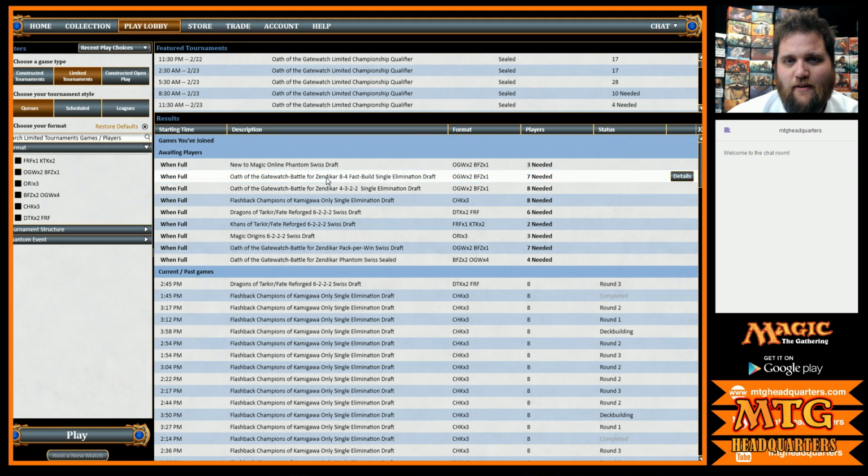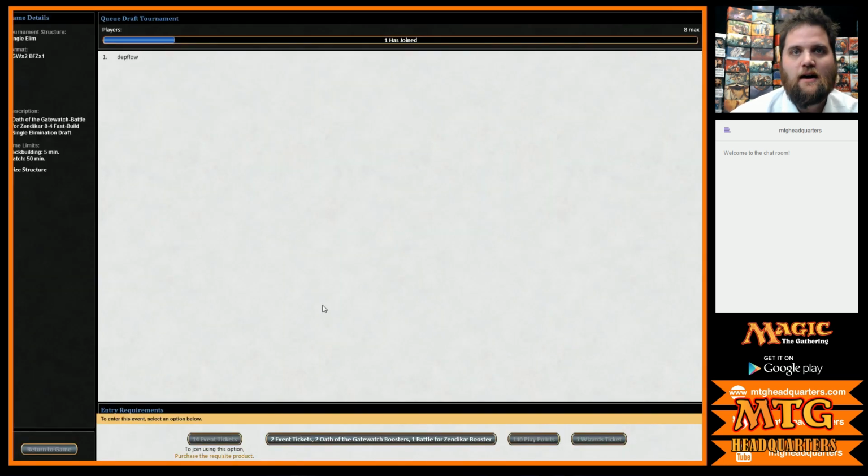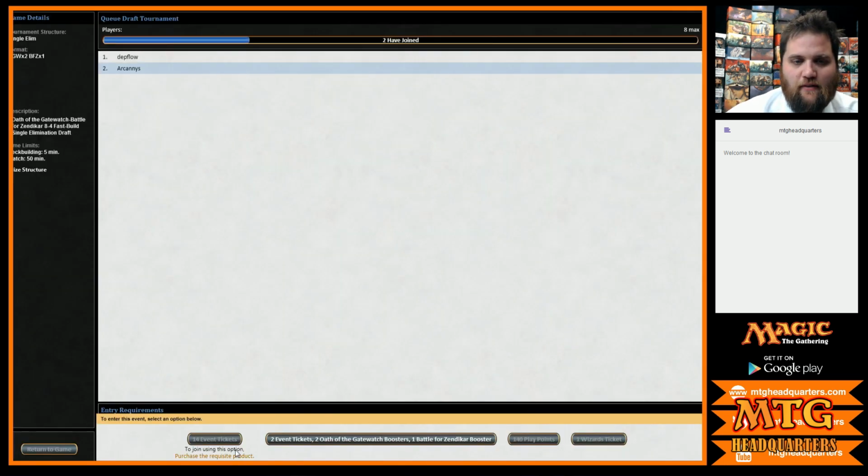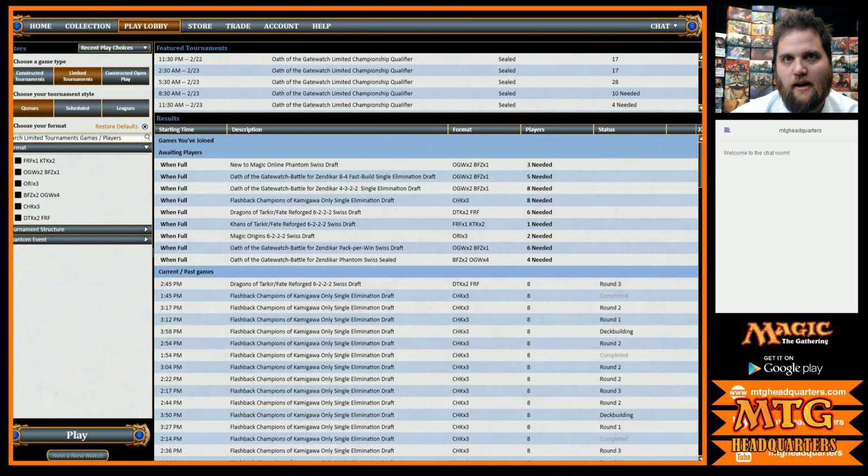If I wanted to join a draft, I could hop right in. And one nice thing about Magic Online is I can use event tickets to pay. One event ticket basically equates to $1 US. Or I can use 2 event tickets and 3 booster packs. So you can use your winnings to constantly be re-entering drafts. And that's where the term going infinite really comes from, especially when you're speaking of playing online.